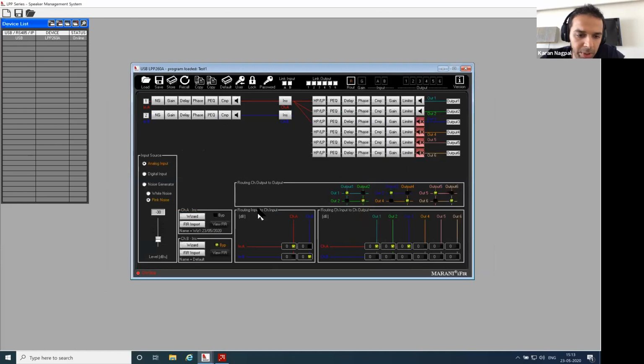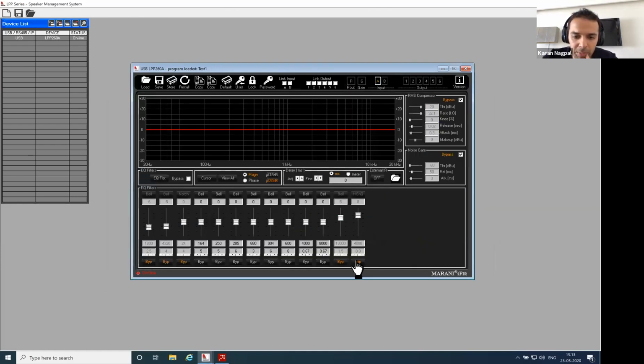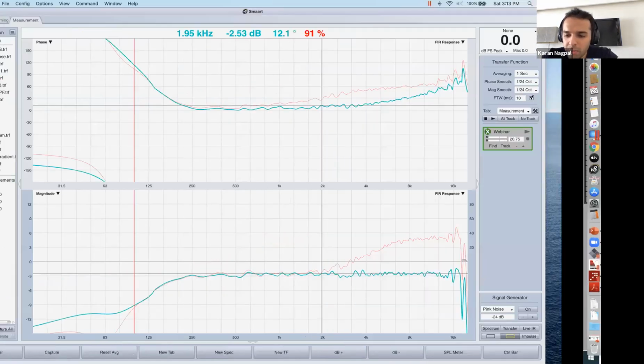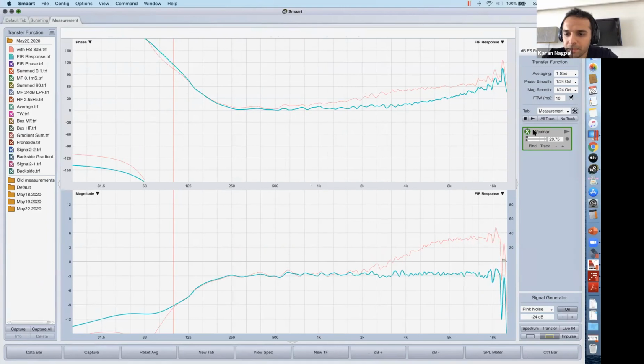No, I don't want to store it to the PC. And जो हमारा input है, I have bypassed this EQ. आप देख सकते हैं जो हमारा EQ था, it was plus 8 dB. The Q was 0.9. I've chosen 0.7, but okay, it's not too different. जो हमारा thickness, or I don't know how to explain the Q on high shelving filter, but it's not very different. But let's just go back to measurement and see what is my measurement and what is my phase like.